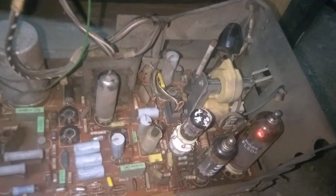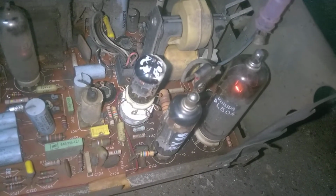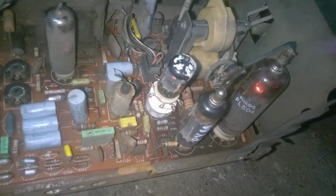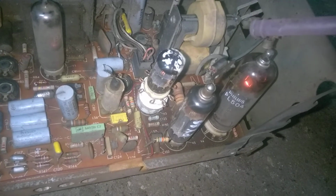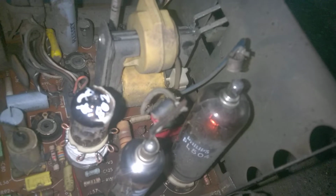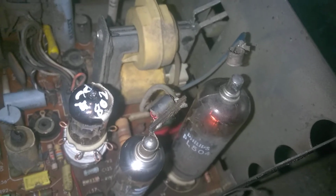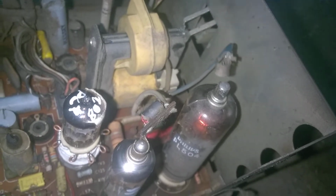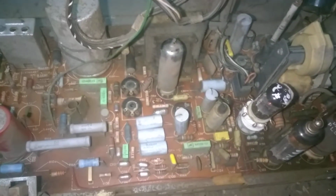Okay, so I have the cap off. Let me put it. See there? You have a spark there, then it seems to load it down. Interesting. Okay, I'm pretty sure that we have a bad flyback, but just for fun, we're going to pull up